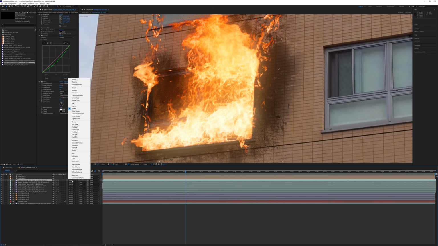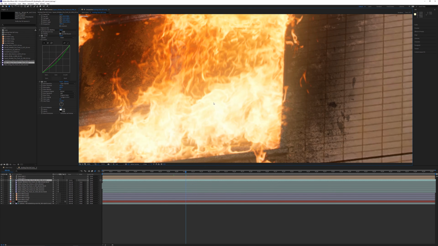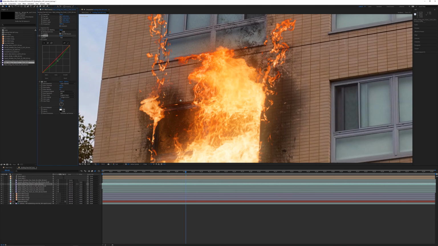Because if you change it to add, for example, add does allow values to go way above 1. So with add, you get that really harsh light, and it doesn't look very attractive. It's very difficult to adjust in post. You never want to have any values that clip. So to fix any type of clipping here, I'm just lowering some of the curves just as a safeguard.